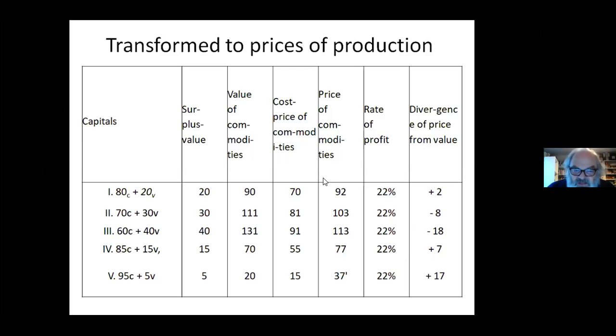So what he's actually saying is that there's an equality between the capitals. Each of the capitals will get the same share of the total profit. Okay, so that's what the equalization of the rate of profit does, is it in